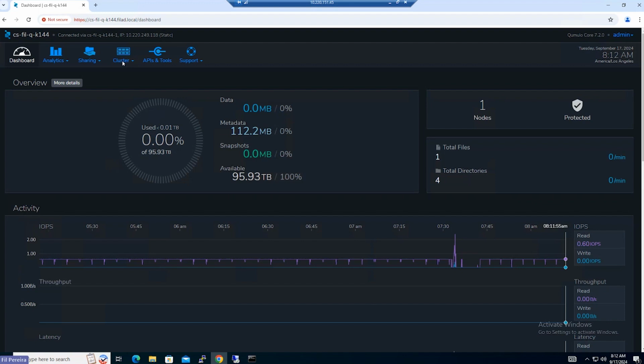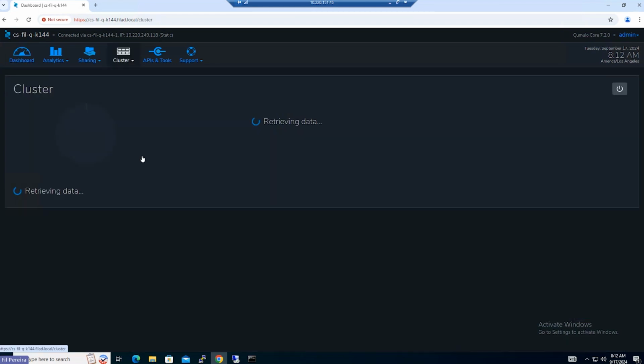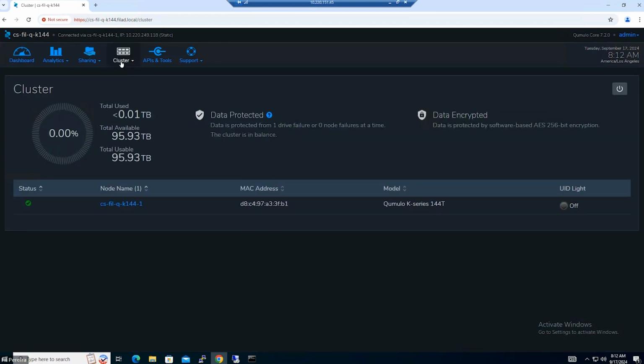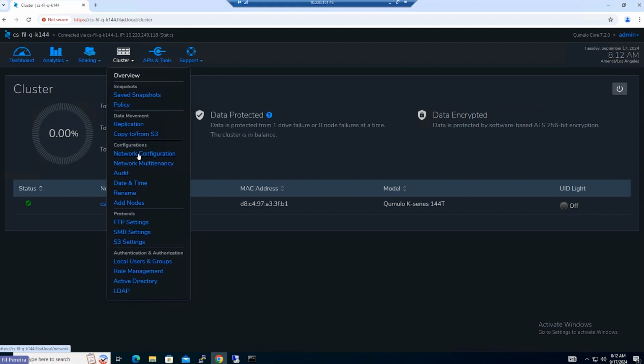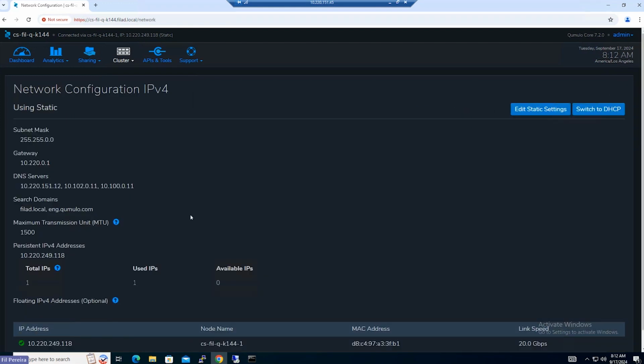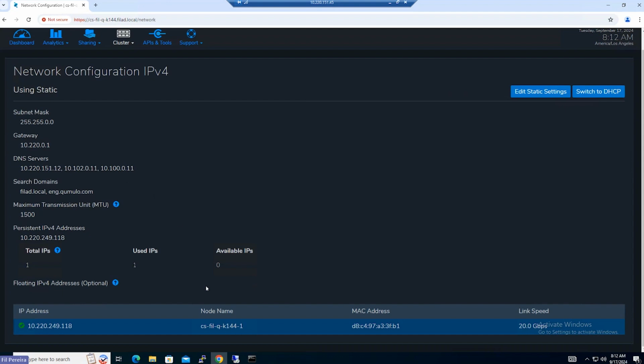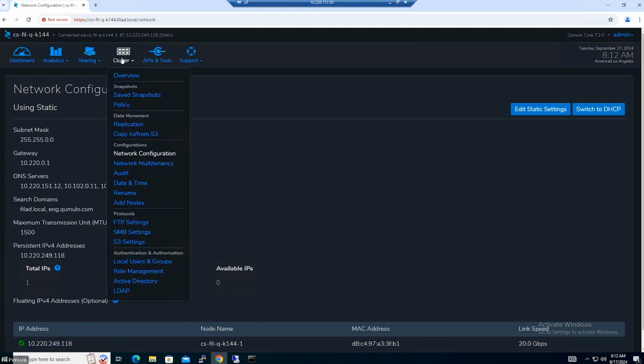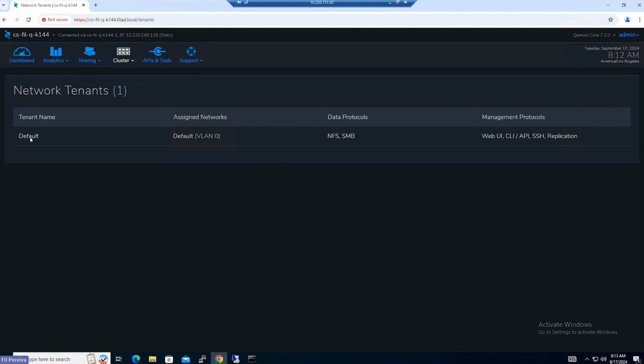In my Qumulo cluster, if I look at my network configuration currently, I only have one IP address assigned, one network. If I look at multi-tenancy, I only have my default tenant on my native VLAN,